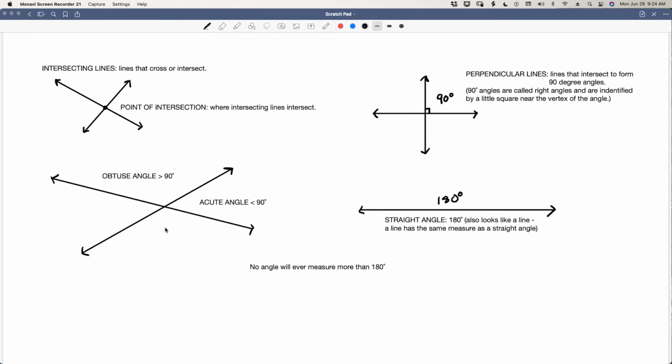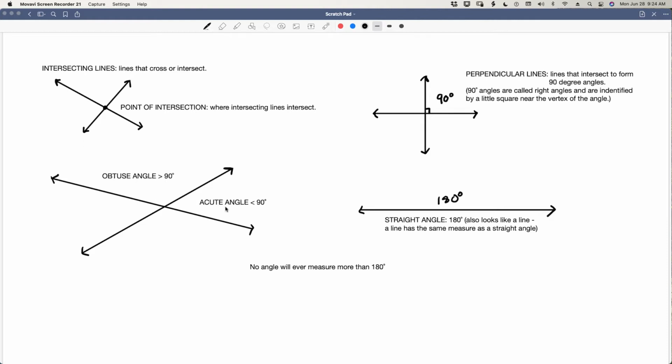Now, when you have two intersecting lines where it's not exactly cut in half, it's not exactly 90 degrees, you get what's called an obtuse angle on one side, which is going to be greater than 90 degrees, and an acute angle on the other side, which would be less than 90 degrees. And it has to happen that way because your straight angle of 180 degrees has to equal 180 when added together. So if this one is greater than 90, 180 subtracting that amount will leave you less than 90